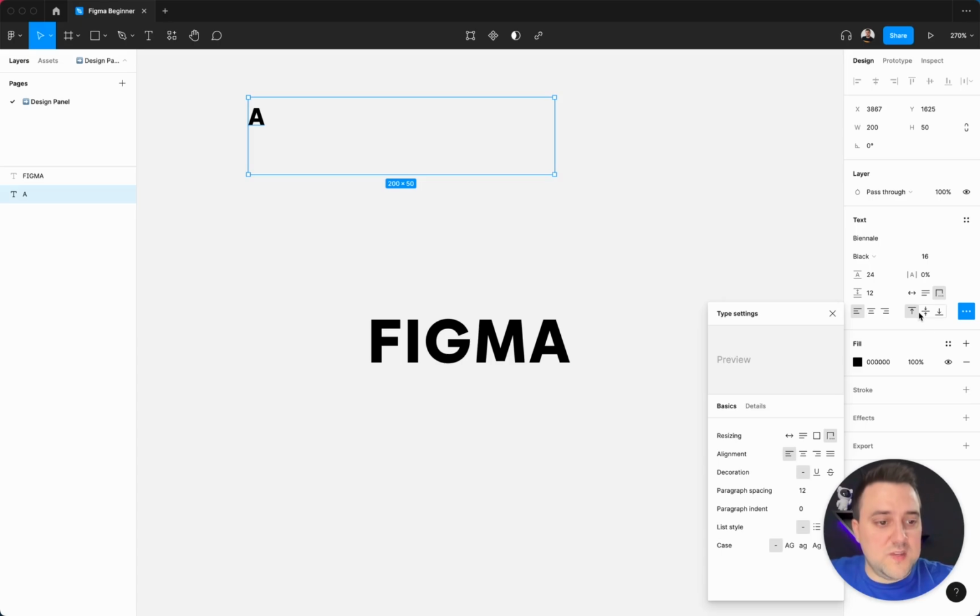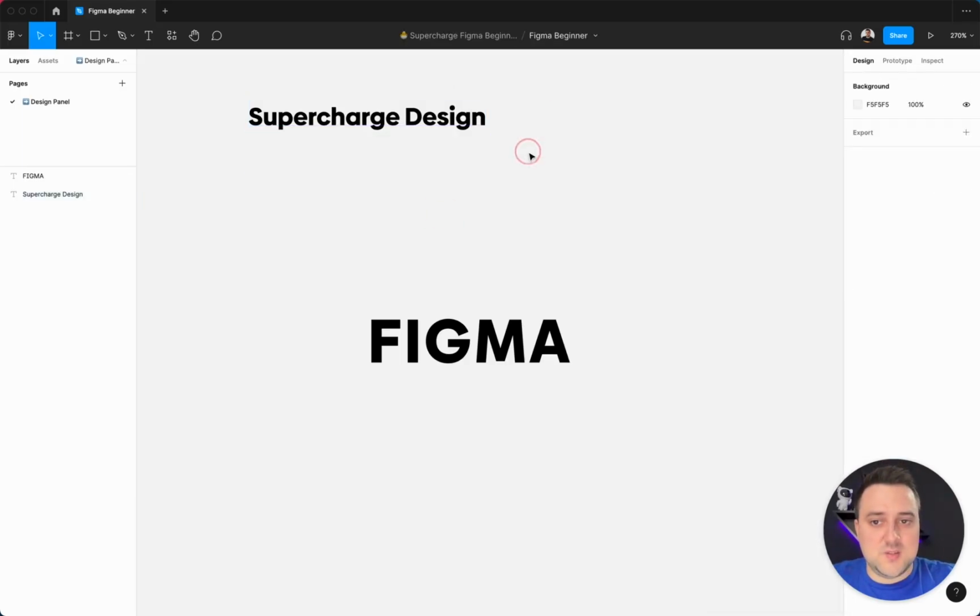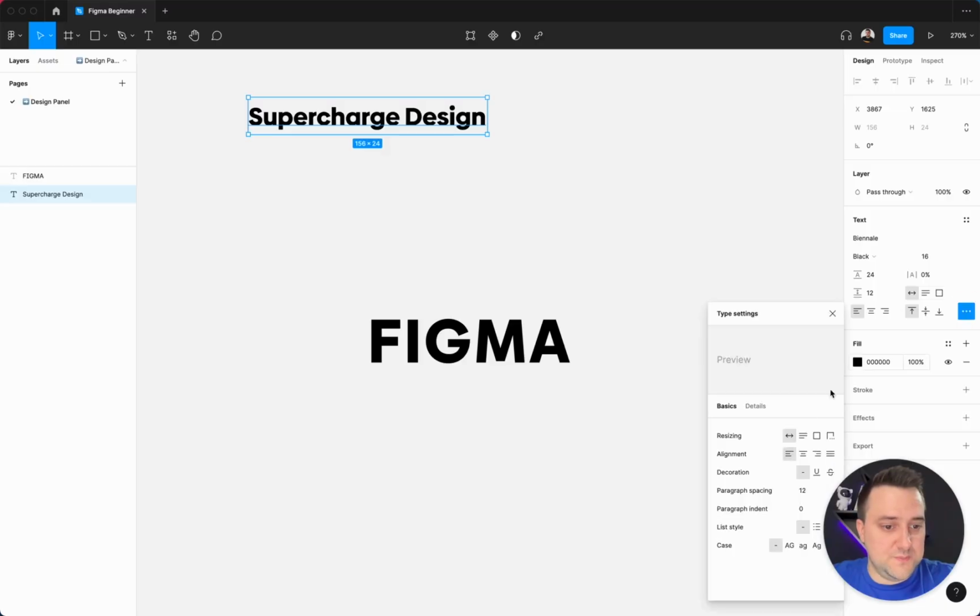When it comes to all of the additional settings, I'm just gonna write down a sentence like supercharge design. Well, not really a sentence, 2 words, but to let you know what all of the other options do. You can have the resizing, which is everything that we had in here already. Alignment, which is something that we already have in here. Decoration, underlines, or